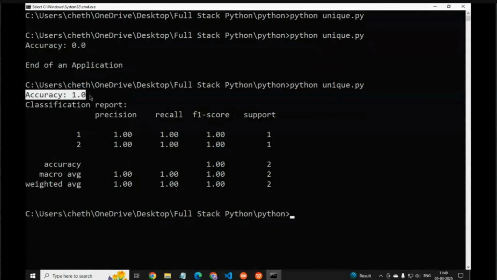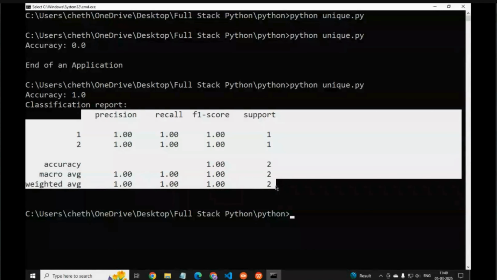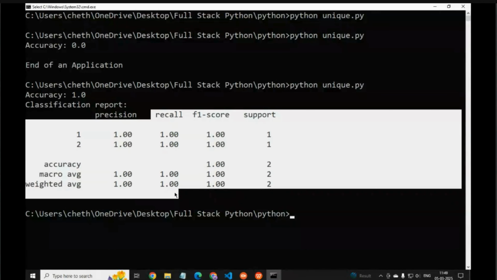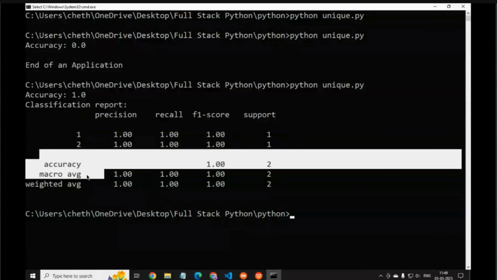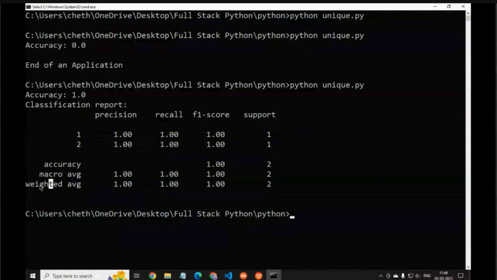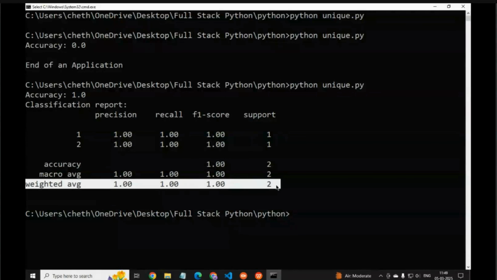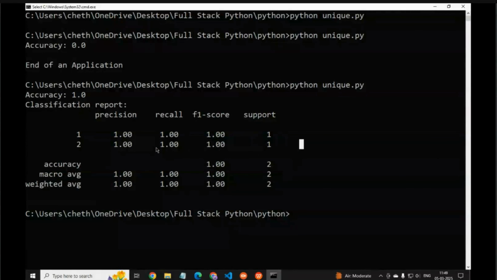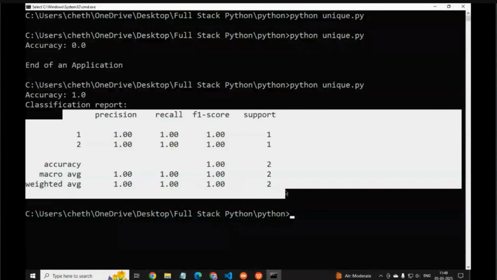It gives the accuracy as 1, and it gives the precision and recall values also, the micro average and the weighted average. Okay guys, this is the classification report of that data: the F1 score, recall, precision.